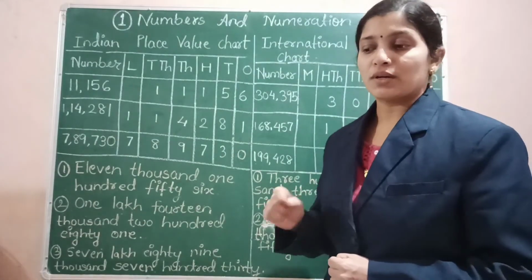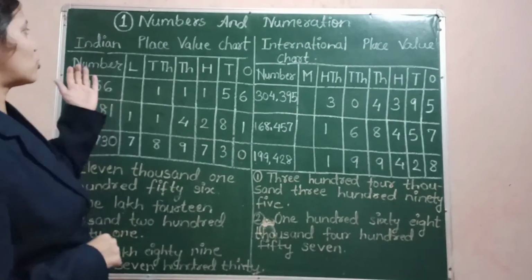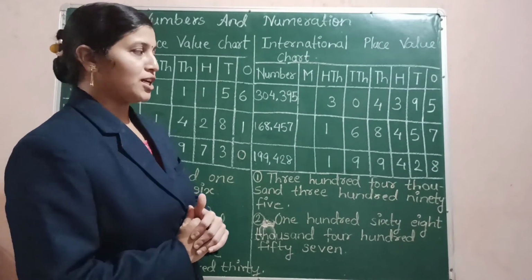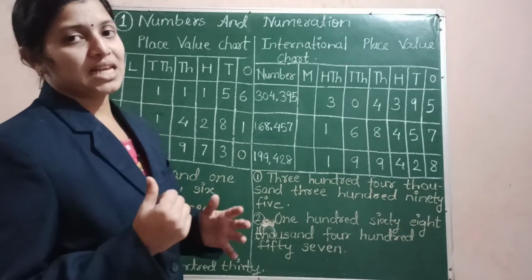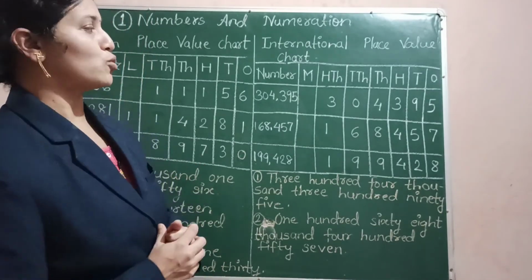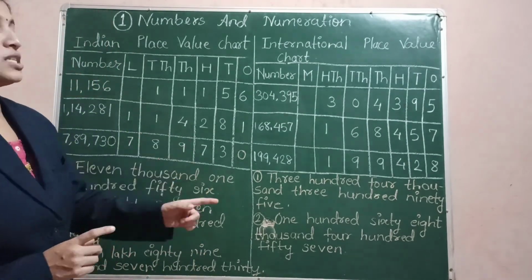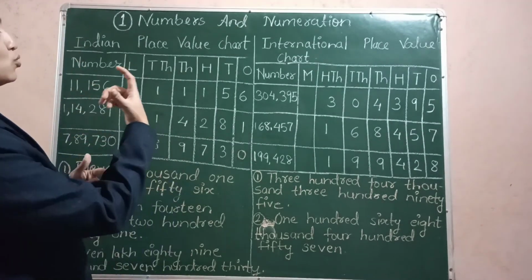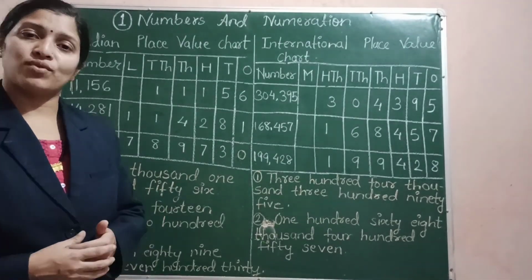Exercise number 2 from our textbook is based on all such easy sums that are based on Indian place value chart and international place value chart. I will be sending you a PDF in which I will solve 1 to 2 examples, and the rest of the examples from that exercise you are supposed to solve. So go through these charts, write both these charts in your notebooks so that you go through the spellings or how to write these numbers in words, and you can solve the exercise very easily.